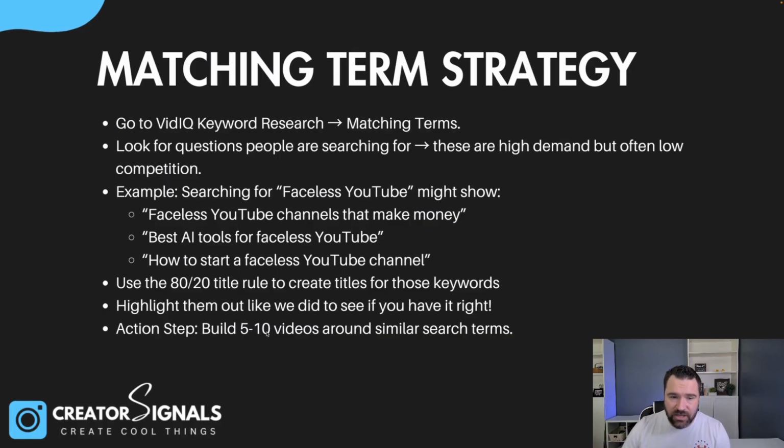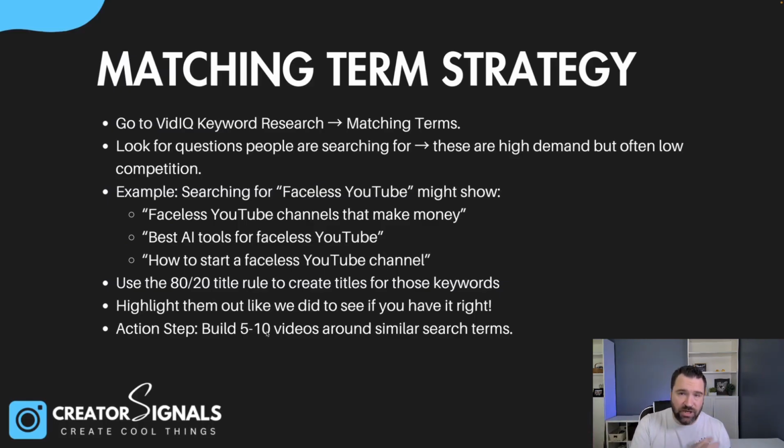And now these are keywords that I can run through that same process, create titles that are optimized for those keywords, but also optimized for browse. And then imagine this, imagine that I take those and I build 5 to 10 videos around those matching terms and around those ideas, how many people I could get from search and browse. And then once they find one of those videos, right? If I'm someone that wants to know how to start a faceless YouTube channel,